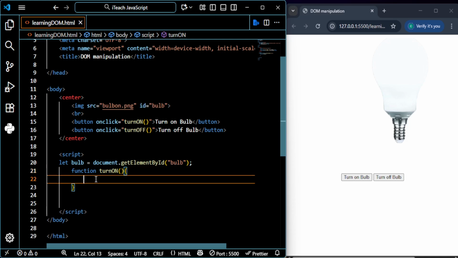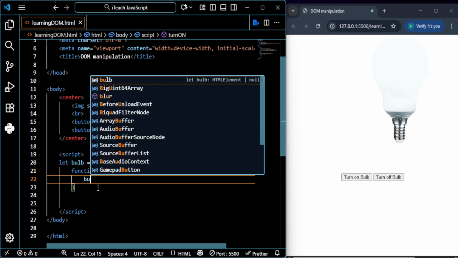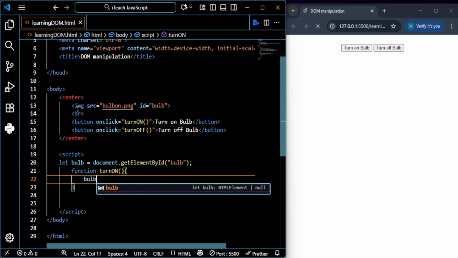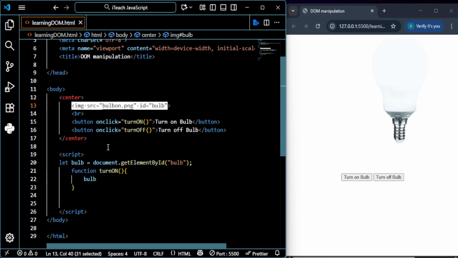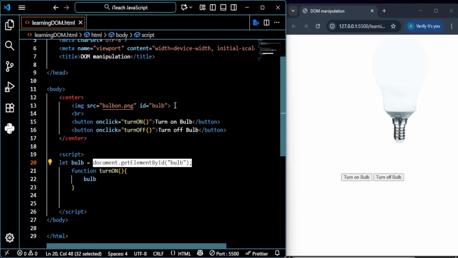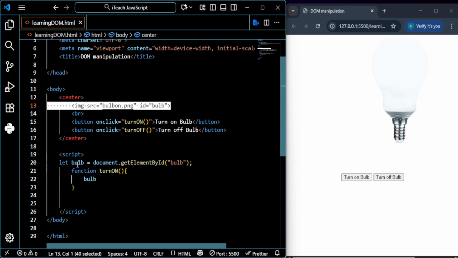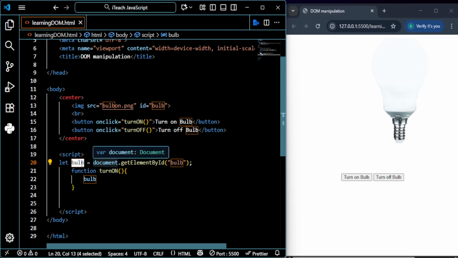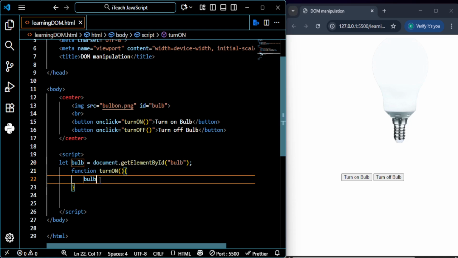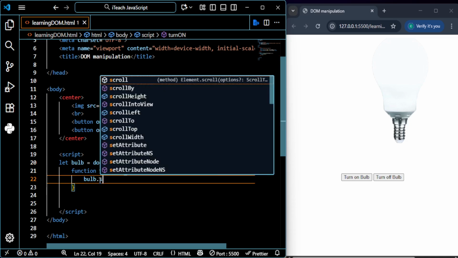Then inside this function, I'm going to say Bob, which is now holding the element. Remember, we use this to access this element by its ID. Now we assign it to Bob. So whenever we use this variable Bob, it means that we are also using this element. So Bob dot source